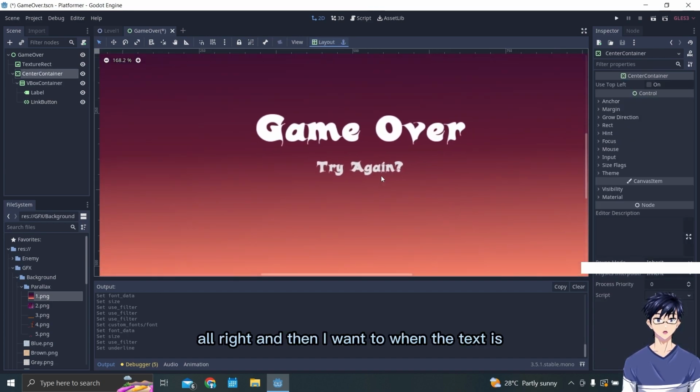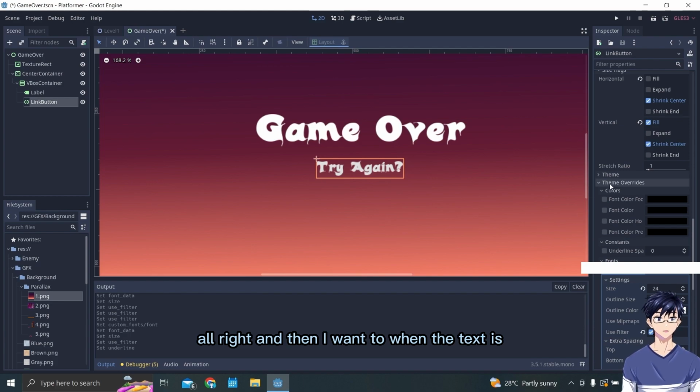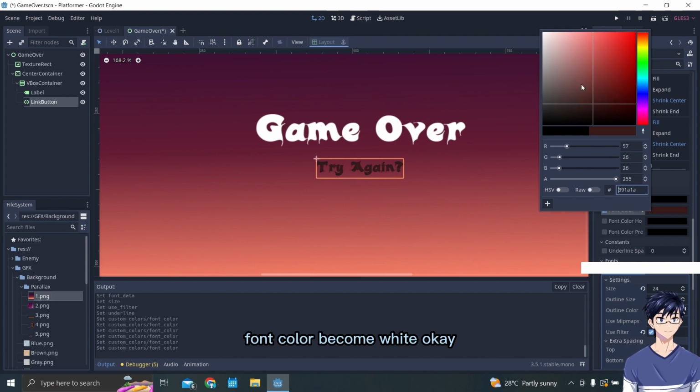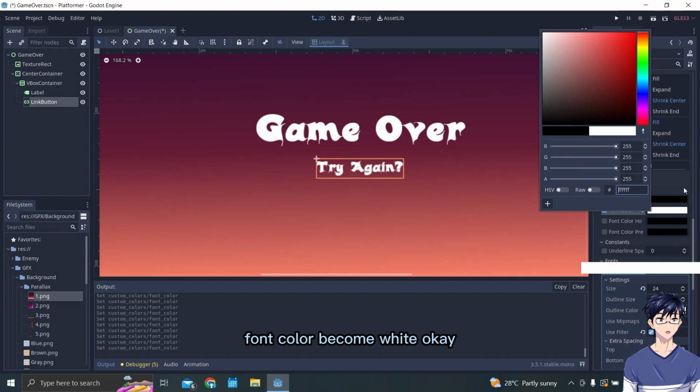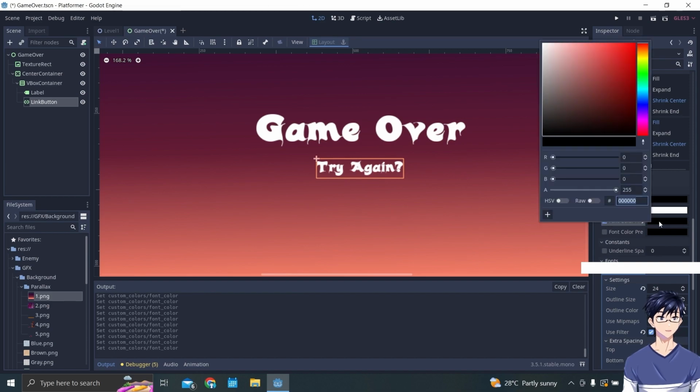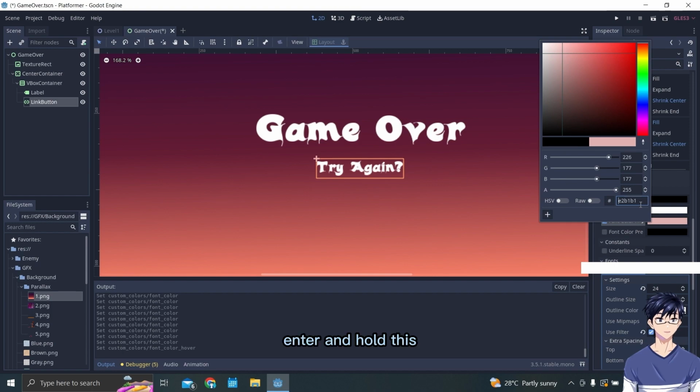Then I want the color to change when the text is hovered. First of all, I want to click this, the font color becomes white. And for the hover, I want to use this color.